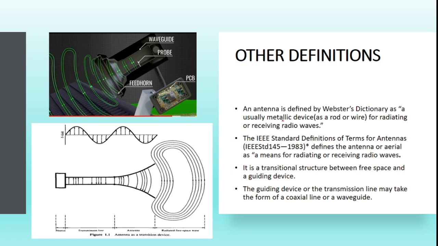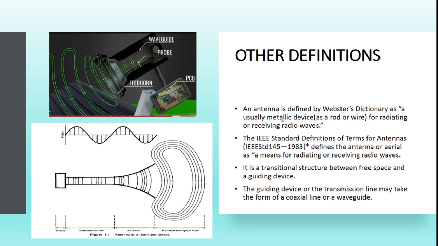An antenna is defined as a metallic device, usually a rod or wire, for radiating or receiving radio waves. So initially when the antenna was invented back in the 1860s, an antenna was usually considered to be a metal. So initially the signals were transmitted and received only using metallic devices. That was how the antenna evolution started. But as years passed, it was not only restricted to metals, inventions started showing that not only metallic devices but non-metallic devices can also radiate electromagnetic waves.